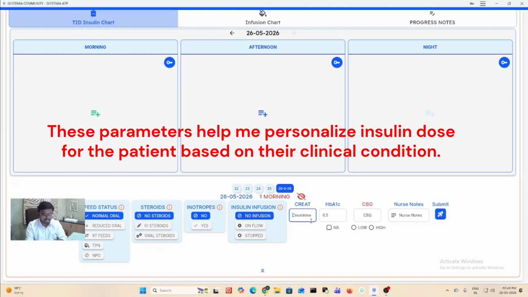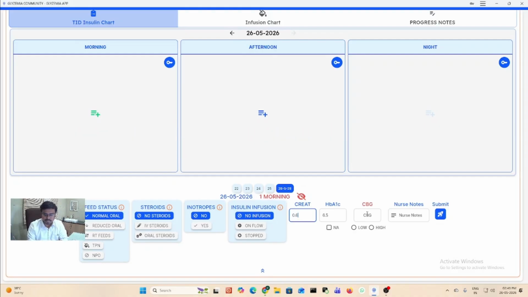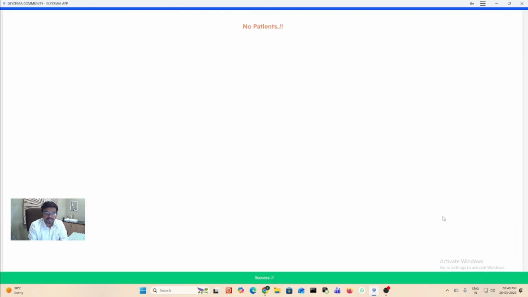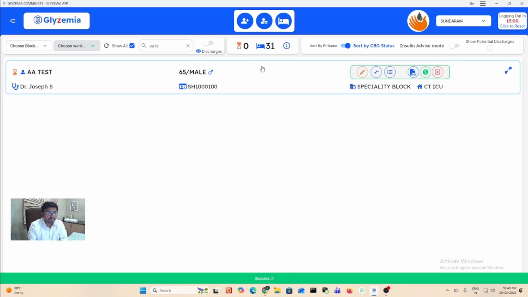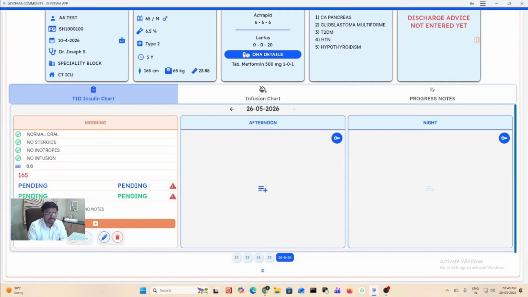And they will also enter the latest creatinine value and the HbA1c value if it was present. If there's anything else to convey, it will be entered in the nurse notes, and they will click submit. Once it's submitted, the doctor can then open the app, and they will see the CBG values and the clinical parameters associated with it,